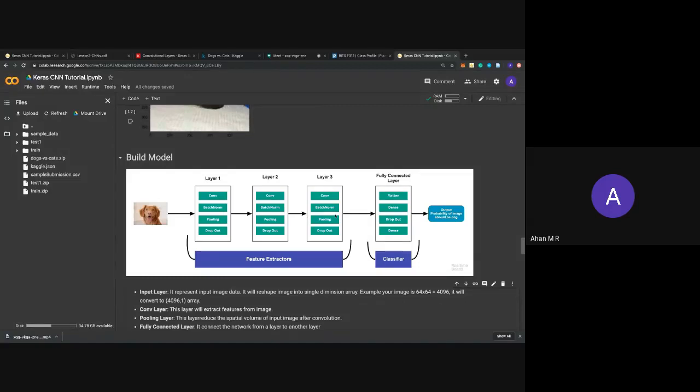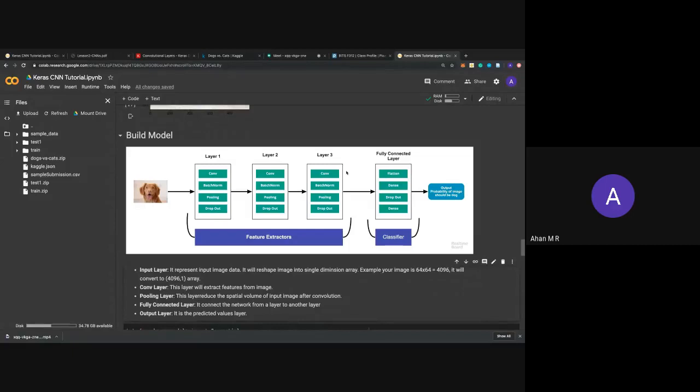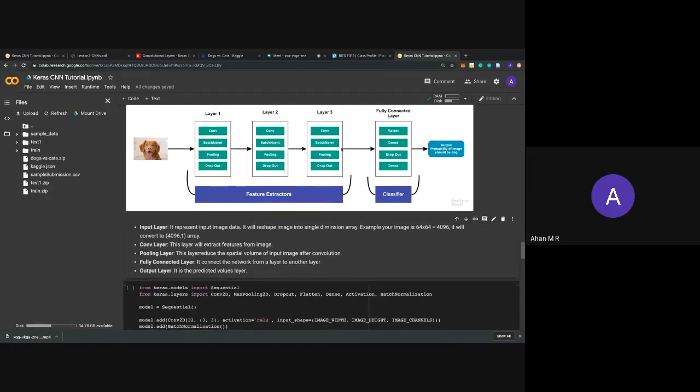You can see that most of the state-of-the-art architectures are nearly 100 to 150 layers long. Like ResNet 152 is pretty long, Inception V3, and a lot of other pre-trained networks.